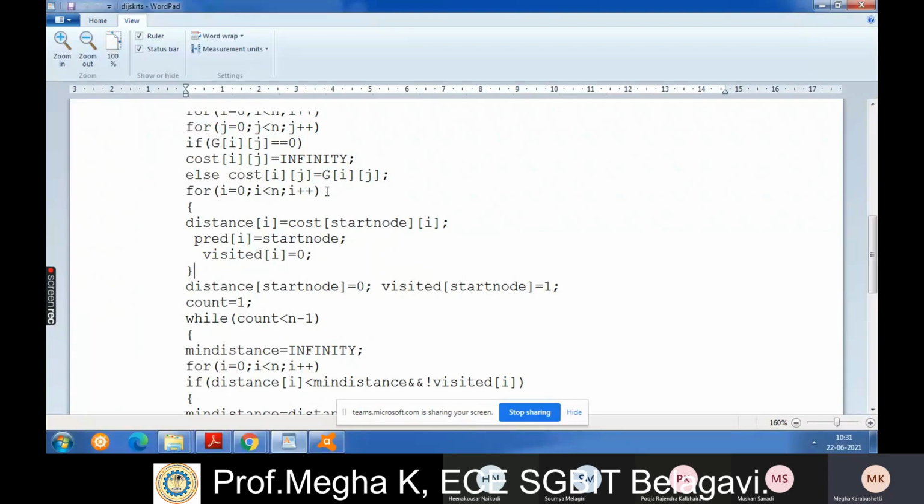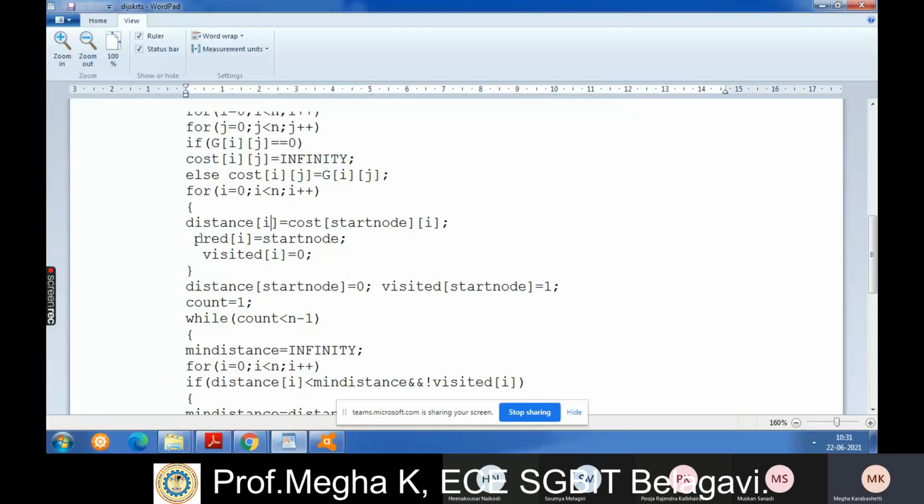That is cost matrix 0, comma 1. So distance i means distance 1 if you are using the first node. Distance 1 is equal to the cost matrix value from 0 to 1.